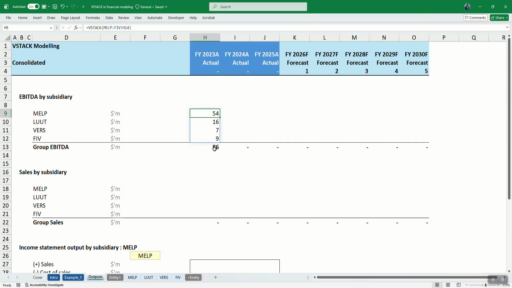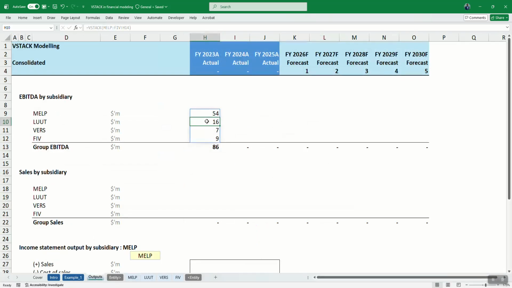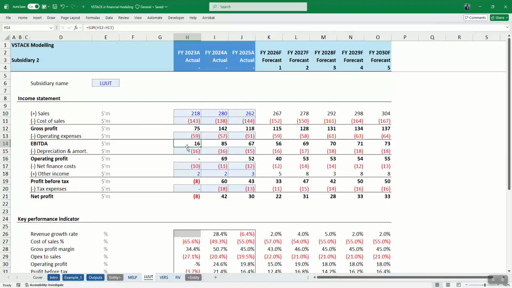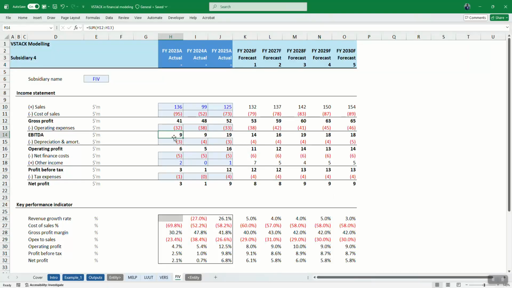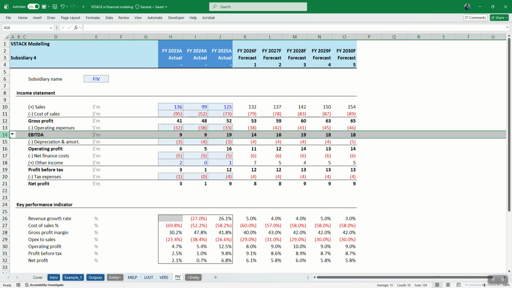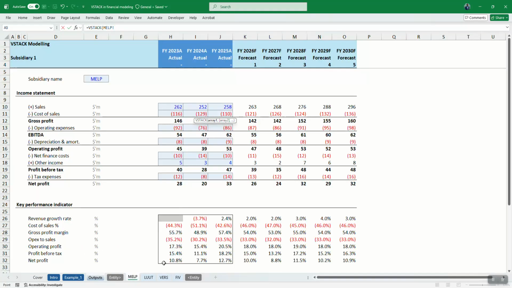What happens is, for MELP, if we check, it's always good to check, 54 is their EBITDA. Then Loot 16, which is correct for the first year. And then let's look at the last one, which is 9. So what happens is, we had this in a row, and it has automatically brought it together for us in a column view. So let me do it again. Type equal to my VSTACK, click my first subsidiary, hold my shift, click the last one, and click on my